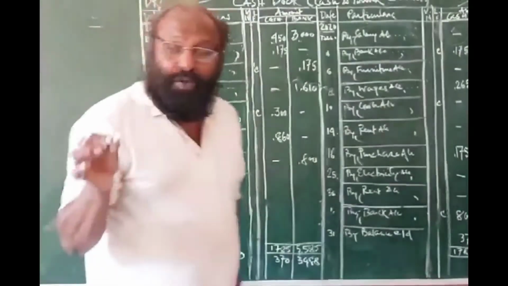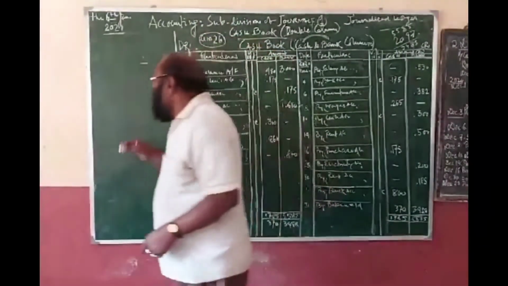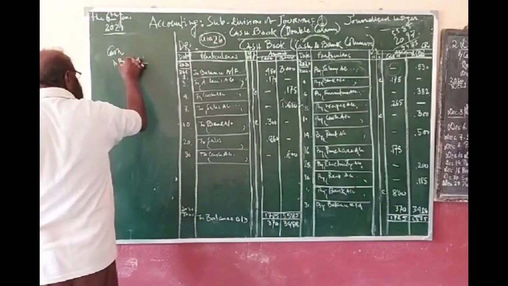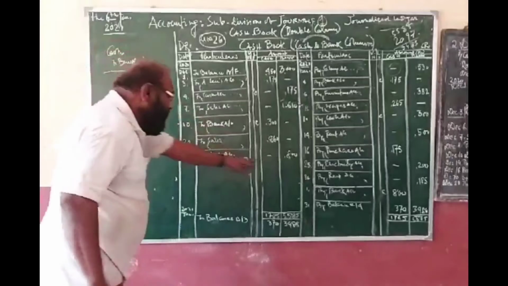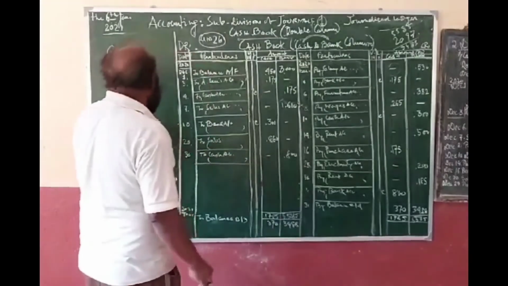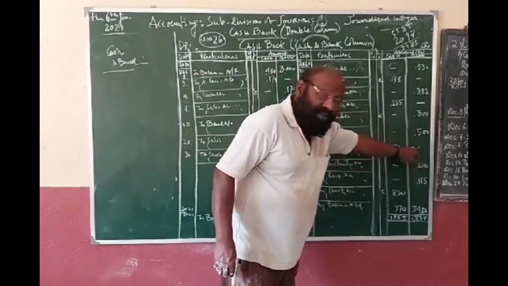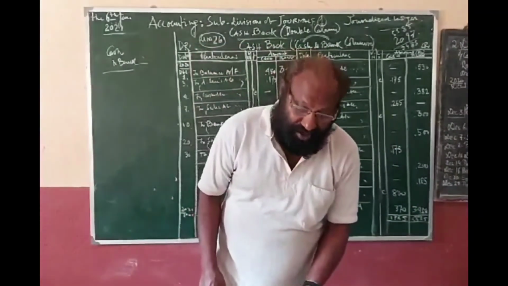Clear? But when we are maintaining both the accounts, cash and bank, what is the journal? You are getting the cash from bank, cash account debit to bank. Okay. So in the cash side it should be to bank, and in the bank it is credited, here it is by cash. Clear?